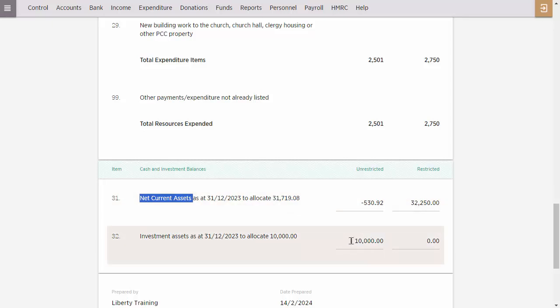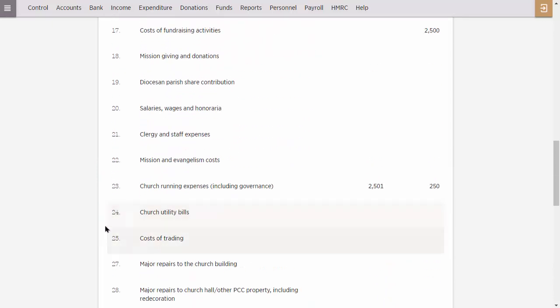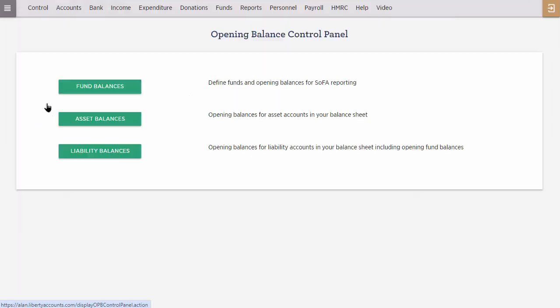At the moment, you can see that I've got my investments showing as unrestricted. If this were an error, then I could look at my opening position to make sure that I have allocated the investments correctly. So control and opening balances, and here I have the section for asset balances which I can edit,